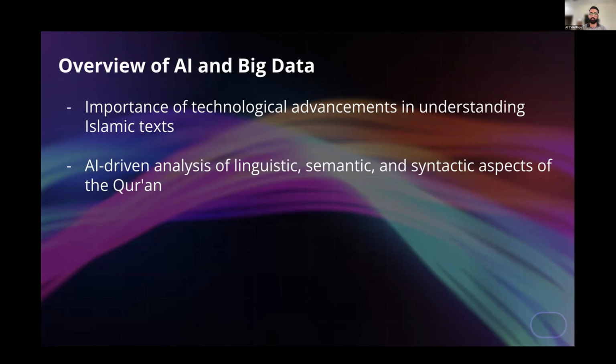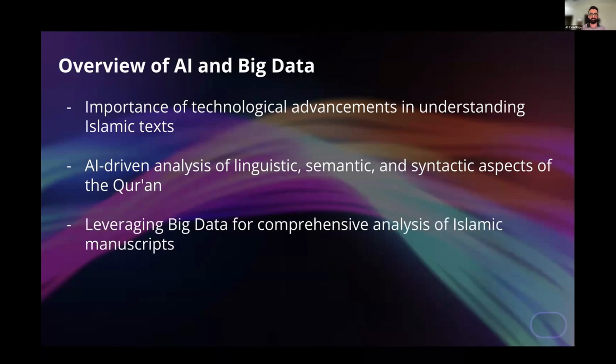To actually use AI to understand Quran or Islamic text, you have to make a model which understands Arabic to its core, which understands the meaning of every word, every character. And I'm just trying to let everyone know that this is something which we have to work on.